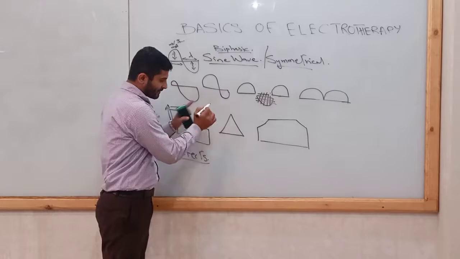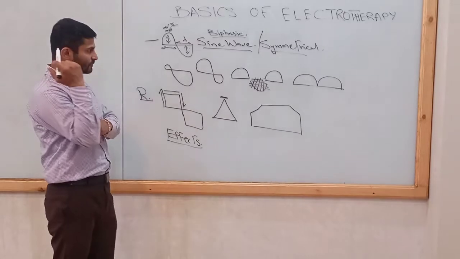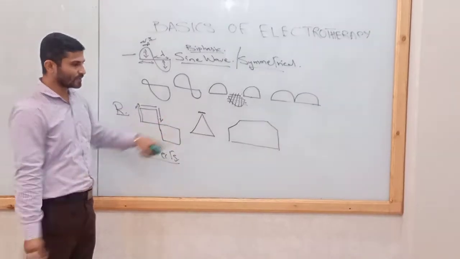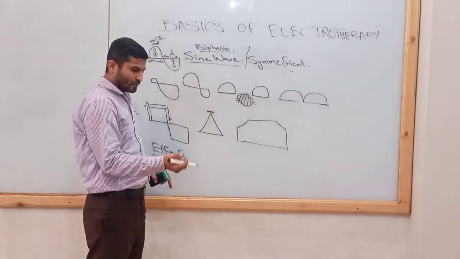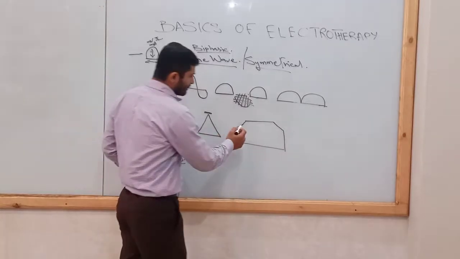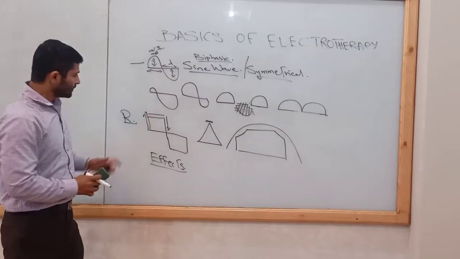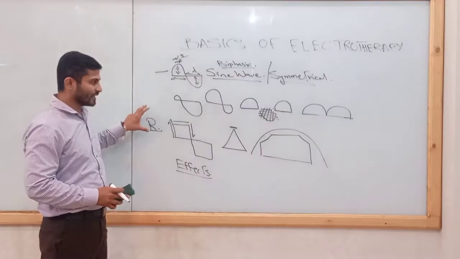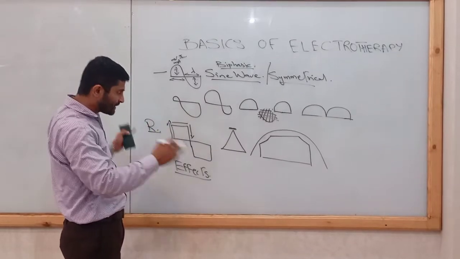For the triangular, contraction and relaxation, but the plateau or the time it remains contracted is very little as compared to the rectangular, and it is not gradual, but very rapid. But on the trapezoidal, for example, there can be a gradual increase in the contraction, then the contraction is sustained, and then a slow release. We can also round it off. So it depends on the type of waveform that we use, and what effect we are trying to achieve.